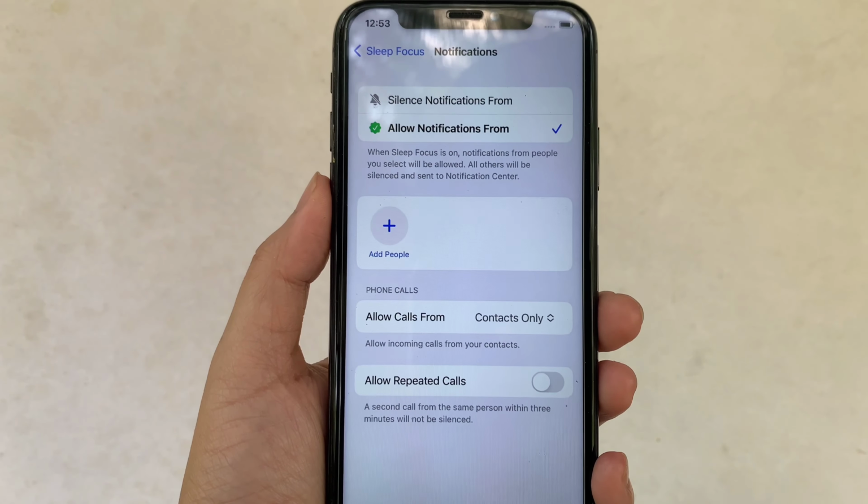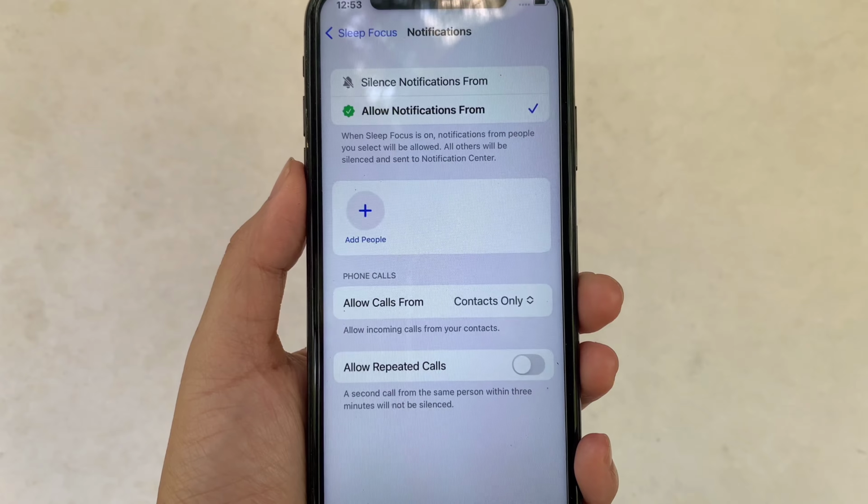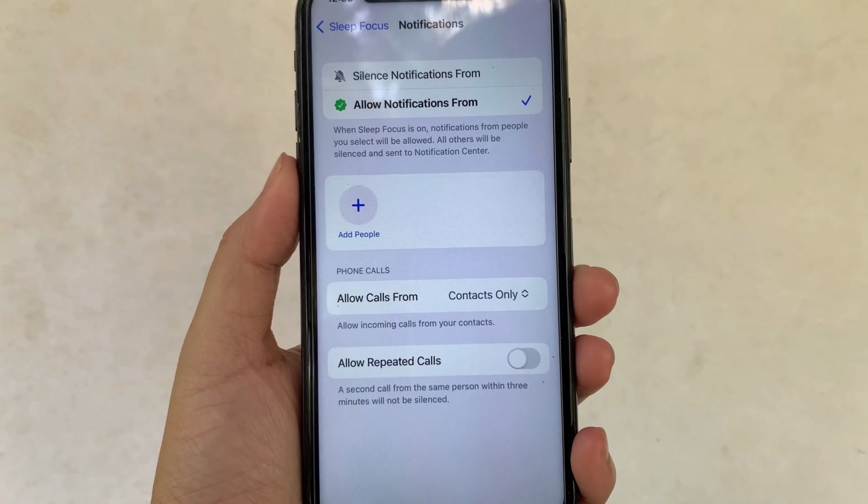And that's it. We have successfully turned on and off allow repeated calls from contacts and allow notifications leave focus